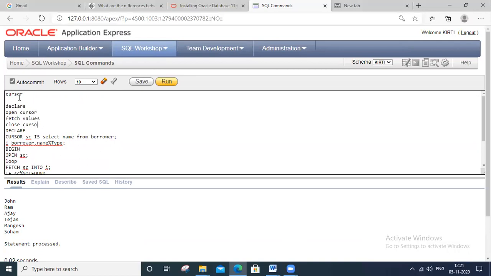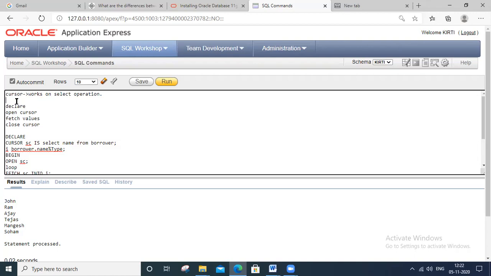All of you concentrate. Initially we declare the cursor with a cursor name and the operation we want to perform under that cursor. The most important thing to remember is that a cursor always works on select operations only. Any other operation cannot be performed under the cursor. Any update or delete type of query does not get executed under the cursor. So we declare a cursor with a cursor name and a select operation.